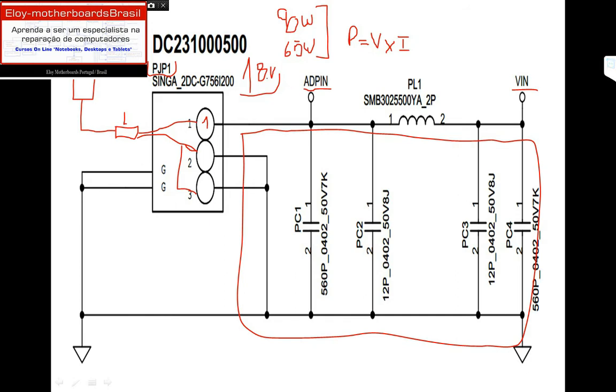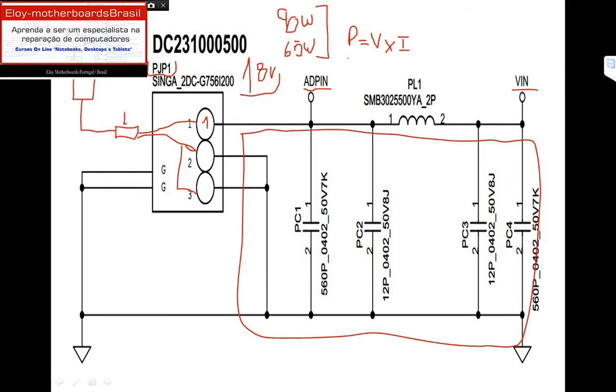We have 18 volts and we have our power in watts, 90 or 65, but we don't know the current in this circuit right here, in this low pass filter. So if power equals voltage times current,